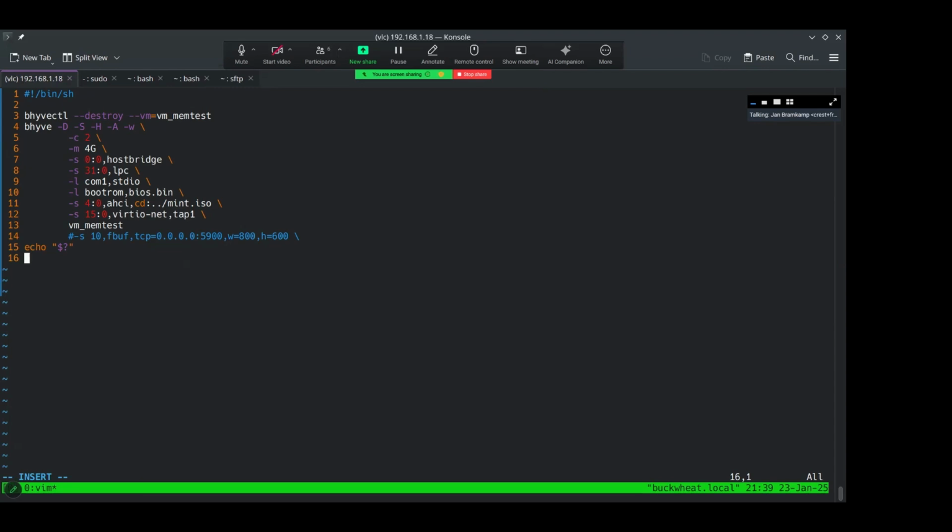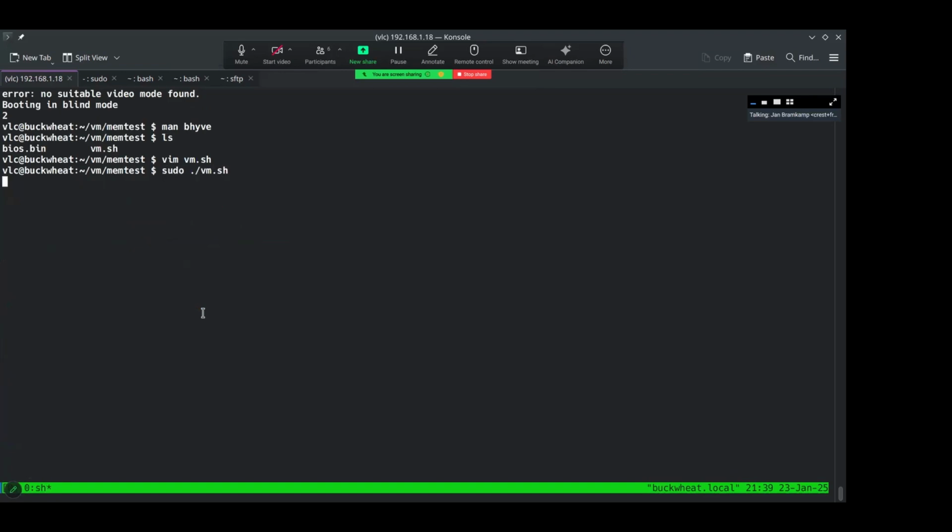Dash A, generate ACPI. Okay, dash W is ignoring unknown MSRs, right? Can you try adding dash x to your command line? Okay. Because I think you have to have an x2APIC for multi-CPU to work.